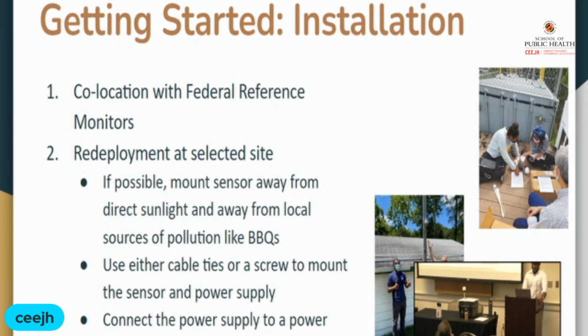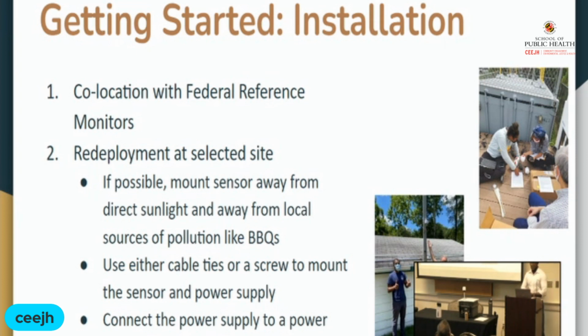We lacked some pictures of co-location, so we reused some of the slides from SWIA's event. This is the NJDEP. I believe this is the firehouse site in New Jersey. For us, we use the Howard University Beltsville monitoring location, and of course, Pennsylvania has their share of government monitoring stations as well. And you just fasten the Purple Air into place on a pole, and it'll record data for